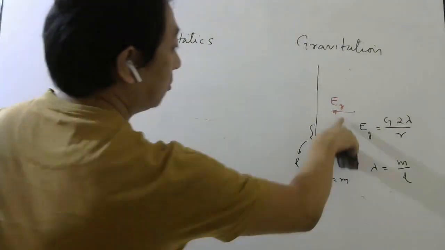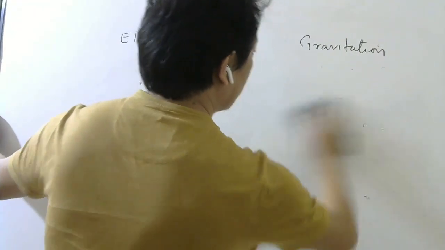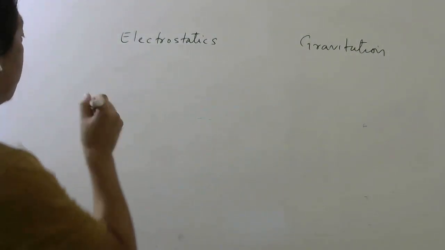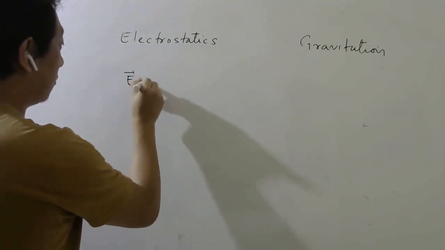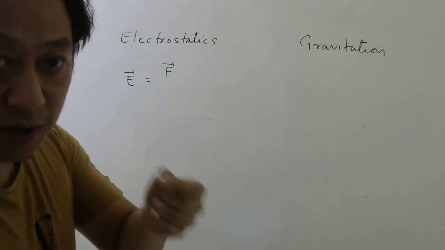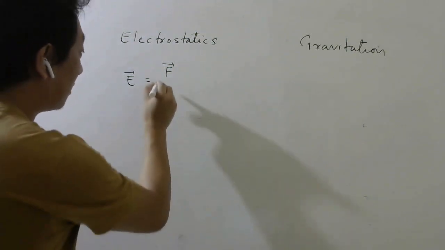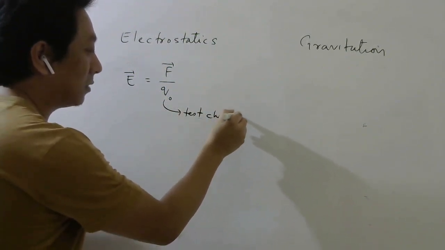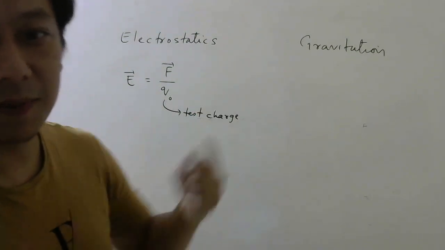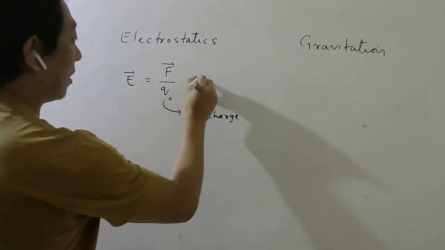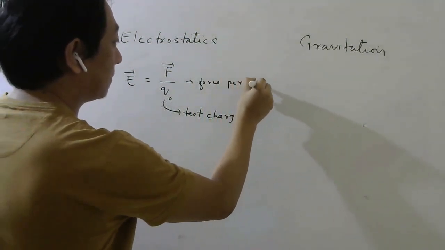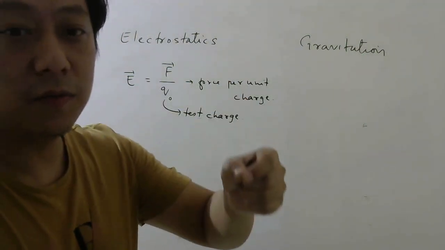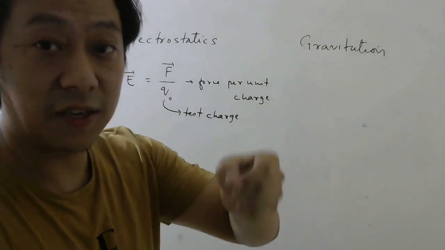What about field? How to find the field? So electric field, if you remember, at a point was defined as force experienced by some charge, which is quite small, divided by that charge, and this was called your test charge. Remember, right? So find the force on a test charge and divide by the test charge. So electric field is basically what? Force per unit charge. Meaning electric field at a point will give you force on 1 coulomb charge placed at that point.